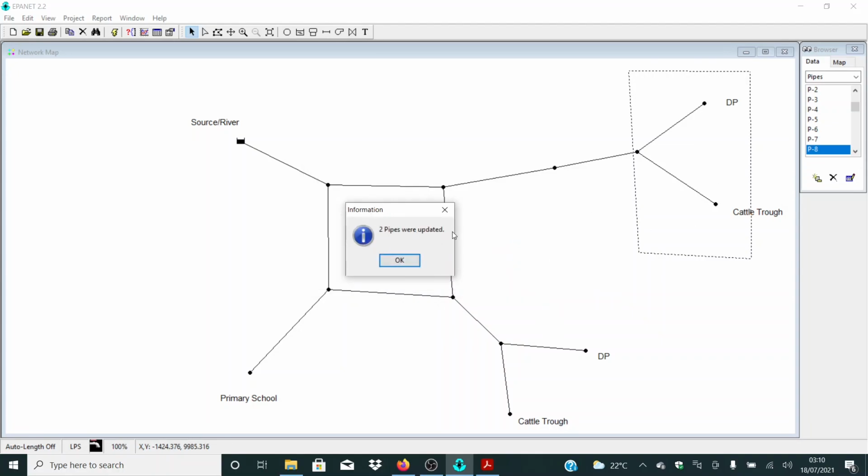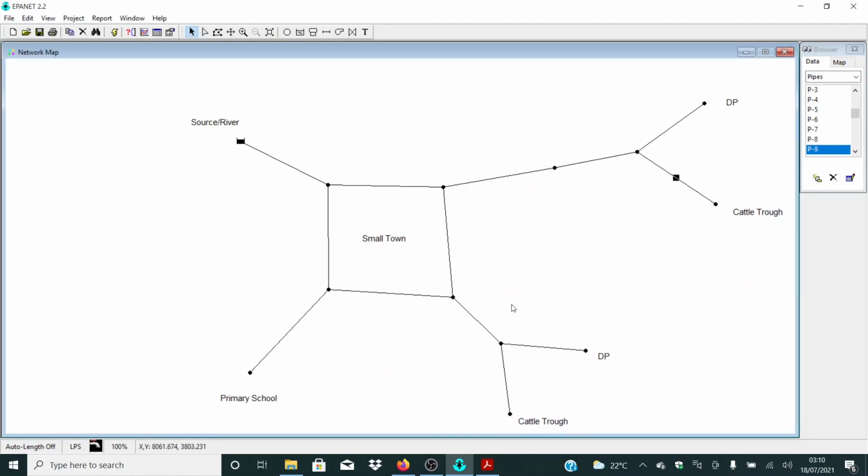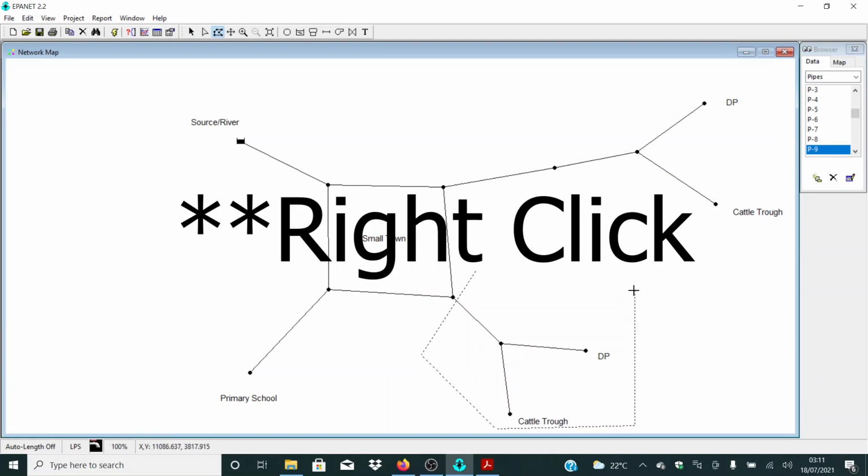Two pipes were updated, so this one and this one, if I'm not mistaken. Let me check again, and this one, as you can see, these are the values. For this region here, let's assume we are using plastic. So let me select the region again, from here to here,